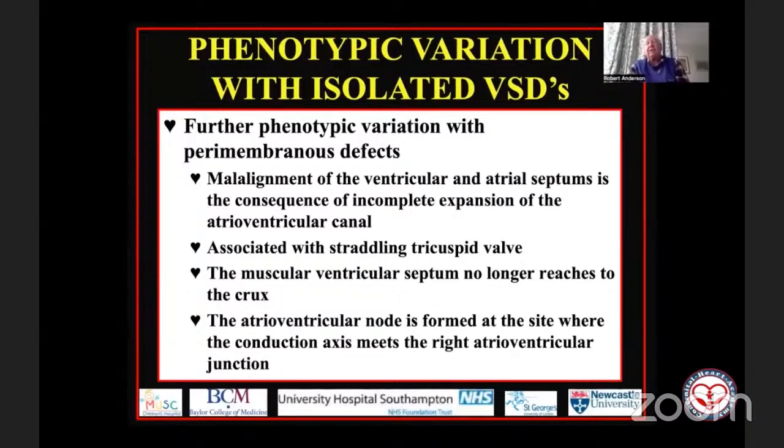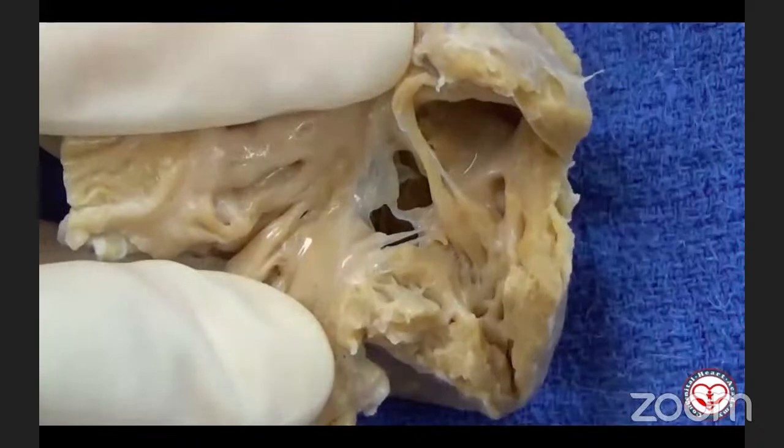And you're going to see that very shortly when Diane shows you an arrangement of a perimembranous defect with atrioventricular septal malalignment. She's going to show you first from the right side, and then she'll finish by showing you the arrangement from the left. And note at that point the fibrous continuity between the leaflets of the mitral and tricuspid valves. And then we hope Justin will be able to reinforce this with a computed tomographic data set.